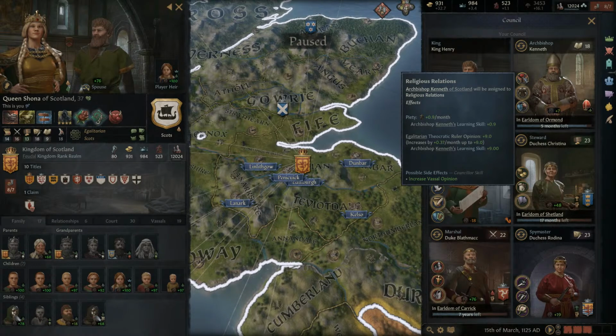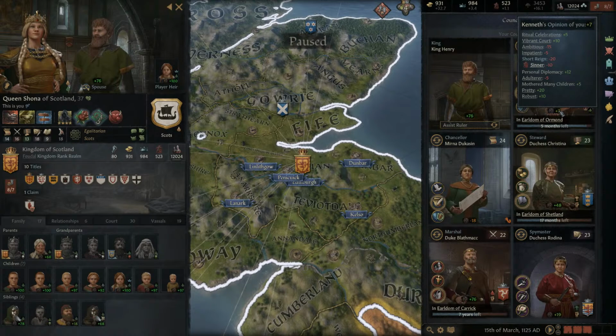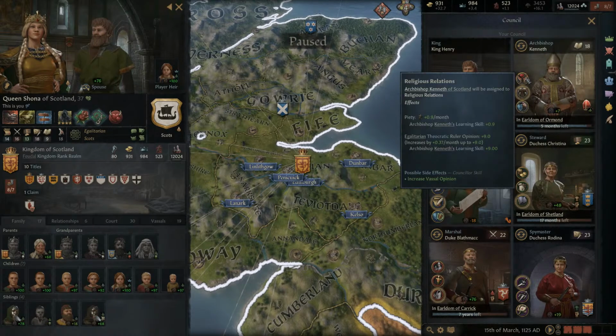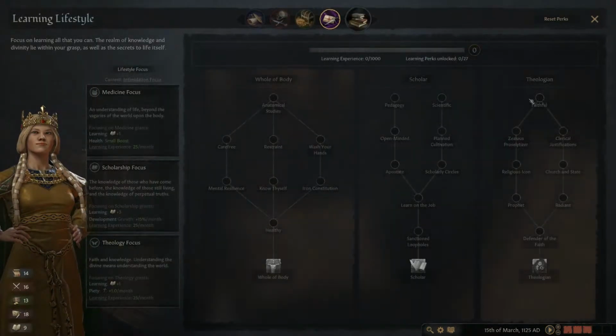Okay, slightly more piety per month, maybe, which you can't really do much with anyway. Theocratic ruler opinion. Well, there are only a few theocratic rulers out there, like my realm priest. So is he helping improve himself under those conditions? I'm not actually sure. Like, this religious relations doesn't do much at all. It really doesn't do much. So increasing that